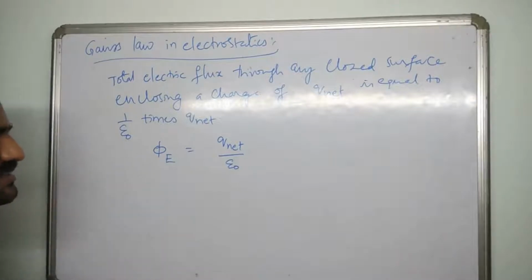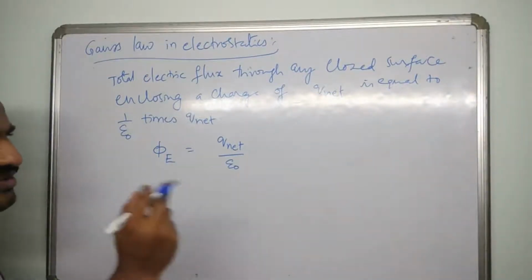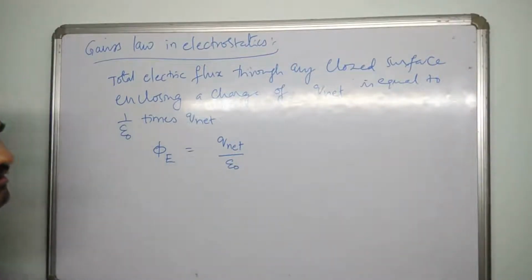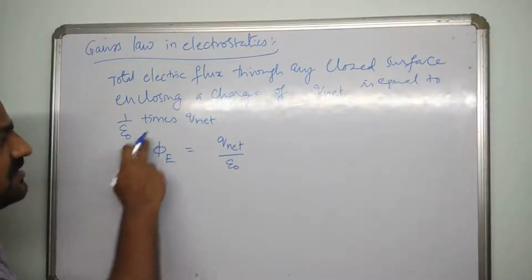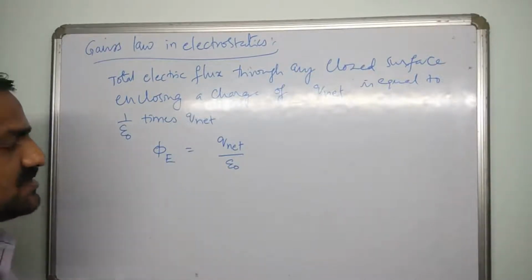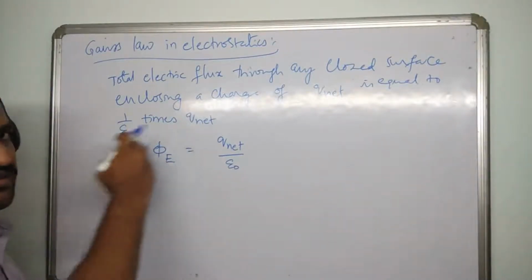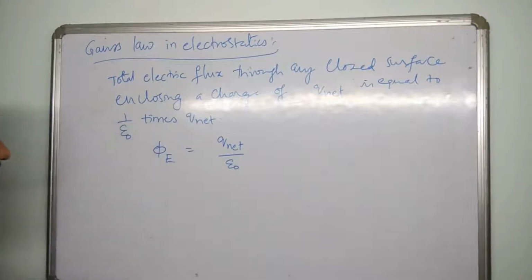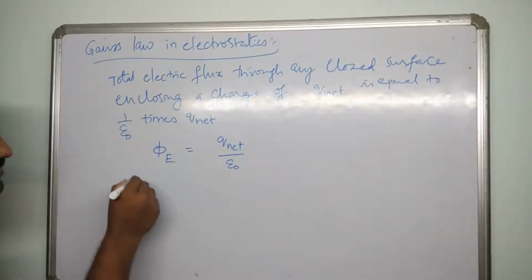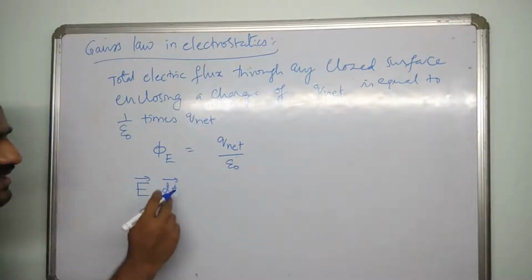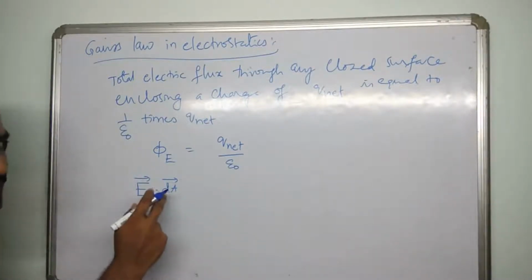And how do we write this phi E, electric flux? We know phi equals E into area, electric field times area, that is the electric flux. Or in other words, we define this flux as the number of electric lines of force that pass through unit area of a given surface. Using that, I can write this in integral form as the integral of E dot dA. Here dA is the area element. In some textbooks one may find dS also.